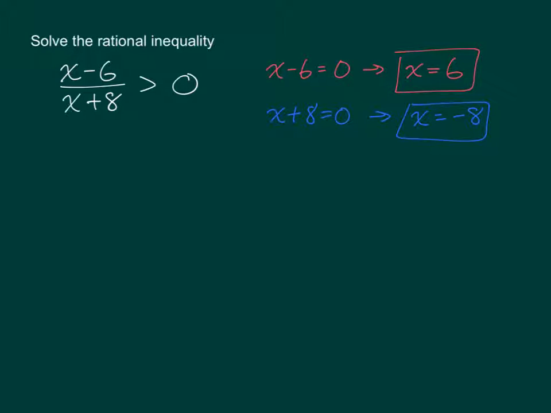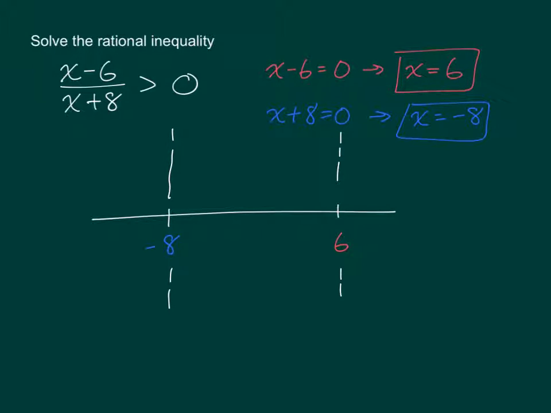The next step is to set up a number line so a sign analysis can be done. So here's my first number, negative 8. Here's my other number, 6. And these numbers were found in step 1. So now that we have our intervals set up,